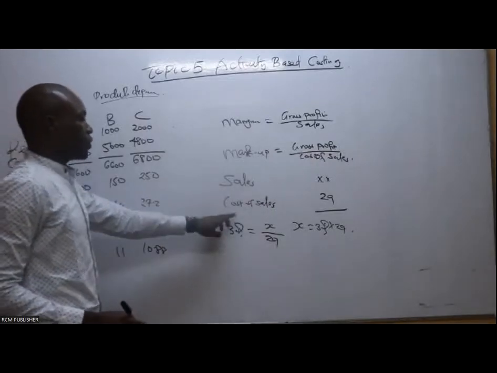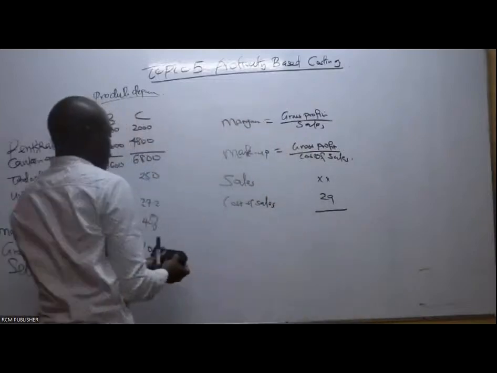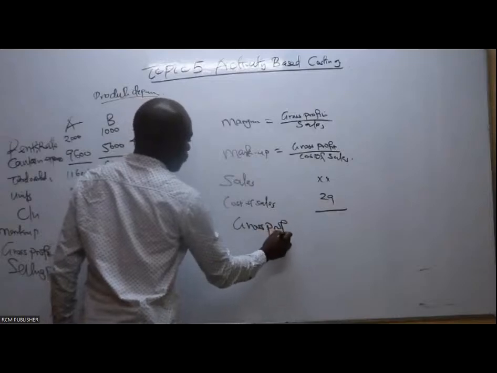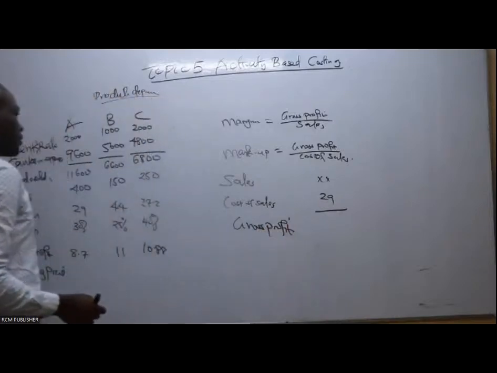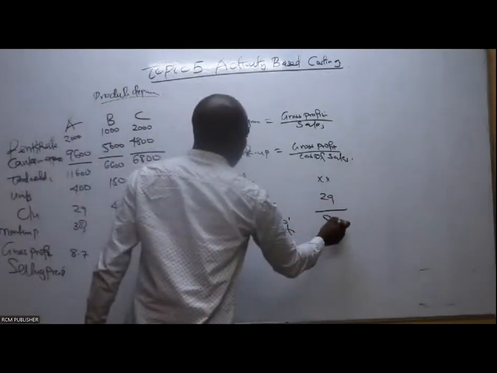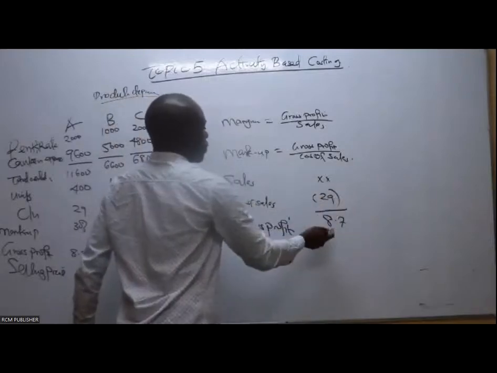10.88. Sales minus cost of sales will give us gross profit. Now, my good students, we have gross profit as 8.7. You are having something here minus cost of sales. We are getting